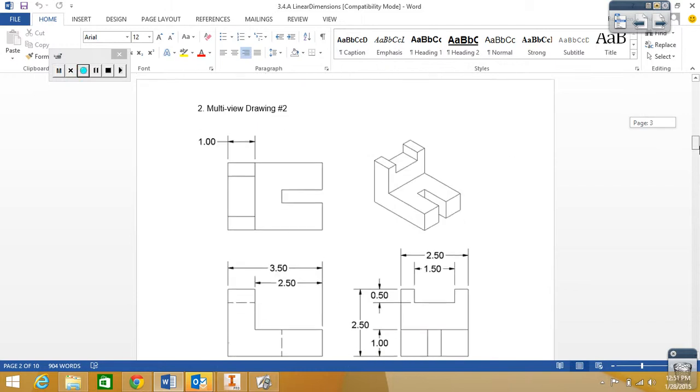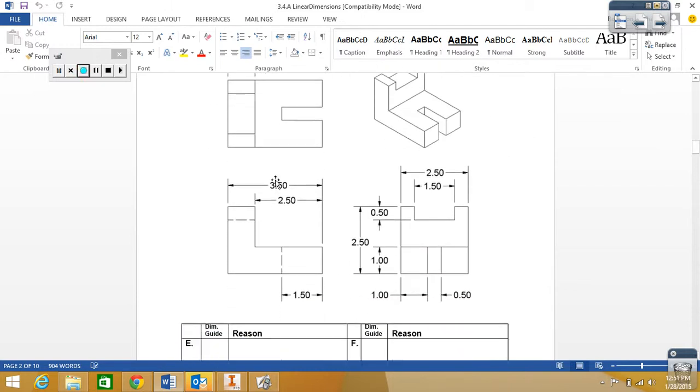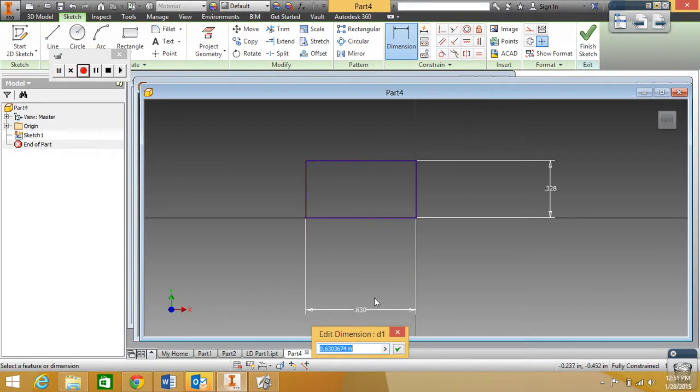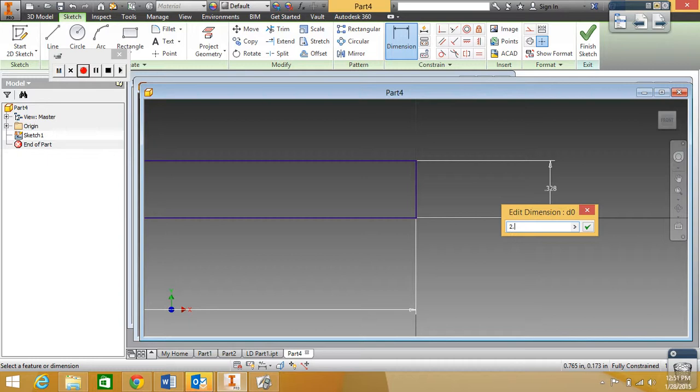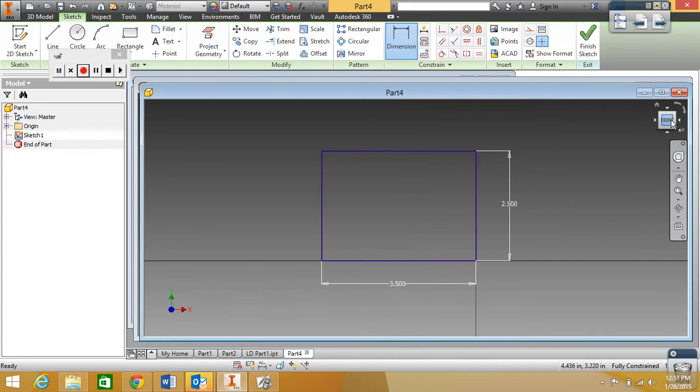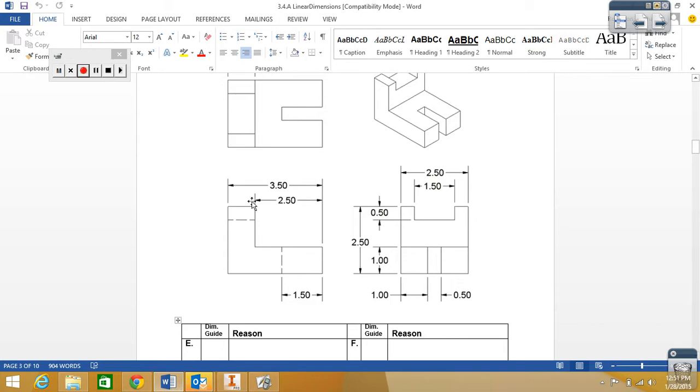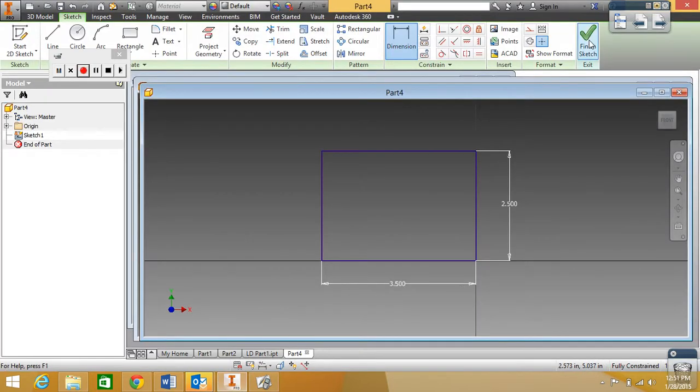We're looking at the second sketch. Our overall width is 3.5. Our overall height is 2.5. We type it in. Right, now we bring it back to front so we can see the whole thing. We have our overall height, overall width. Matches what we have for the object. We're satisfied with that. We're going to finish the sketch,